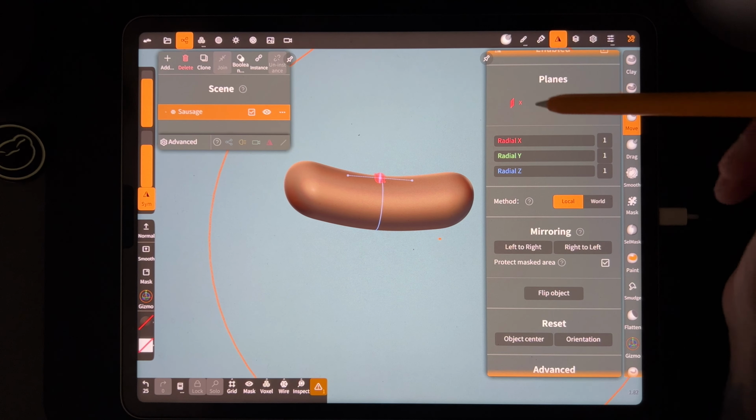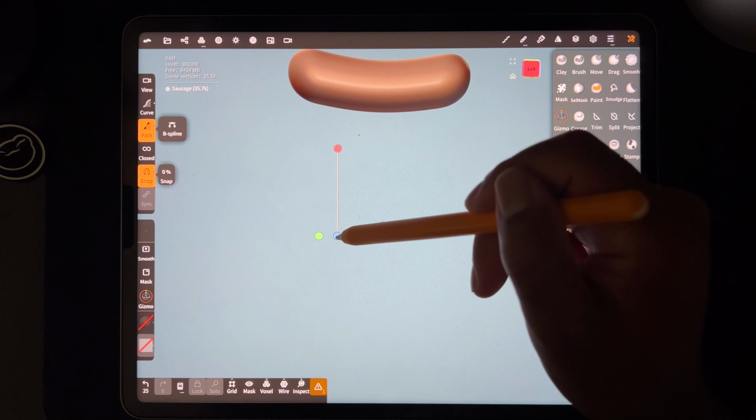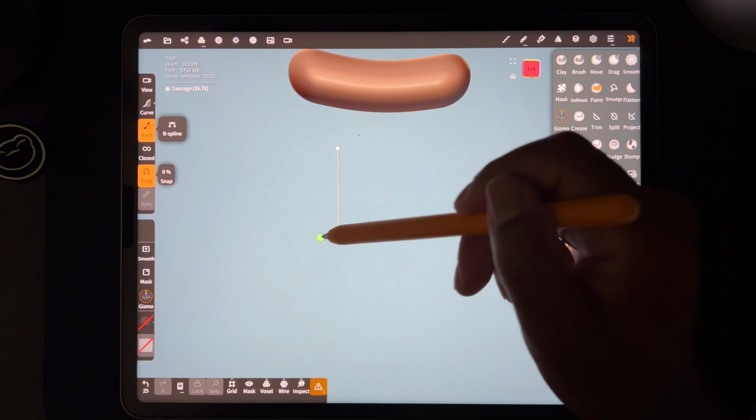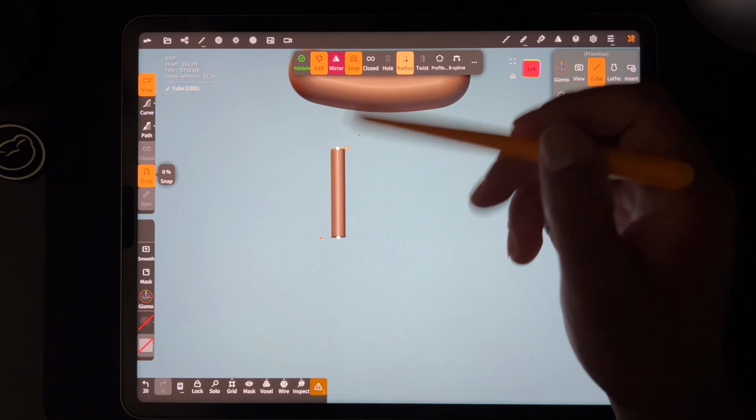And I want to make like a little pitchfork type thing. So what kind of pitchfork do I want to make? So I think I want to try the tube tool. So I want to try, let's just do path. So we'll do something like this. I think I want like one of those two-pronged. So this is how I think I want to do it. So I'm going to go like that. So we have our one little